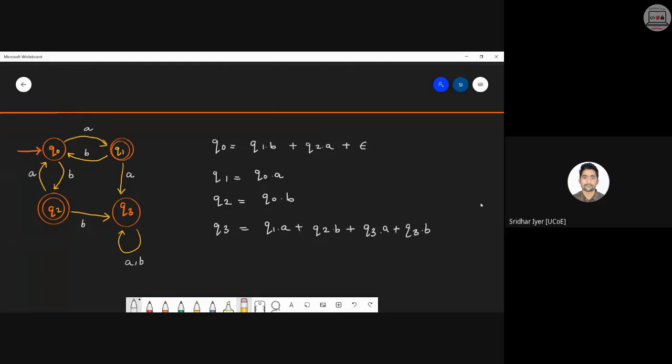Is it not a dead state? ध्यान से देखो. It is not a trap state. It is a dead state. Why? Because whatever is the input, the machine remains in Q3. एक बार Q3 में पहुंच गया, the machine is going to remain in Q3 only. Yes or no? Yes, right. So what we can say is we don't want to burden ourselves by solving the equation for Q3 and all. What we can say is Q3 is a dead state. Hence, we are not going to solve the equation for Q3.